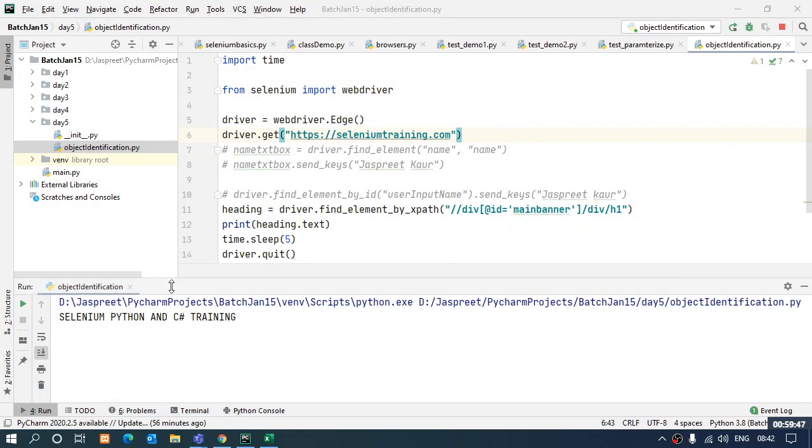So now you can see over here, it has given me the text which I was looking for.